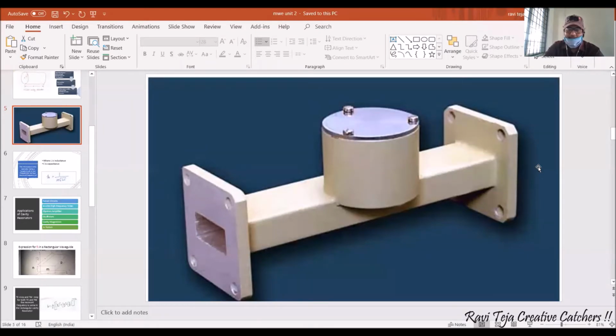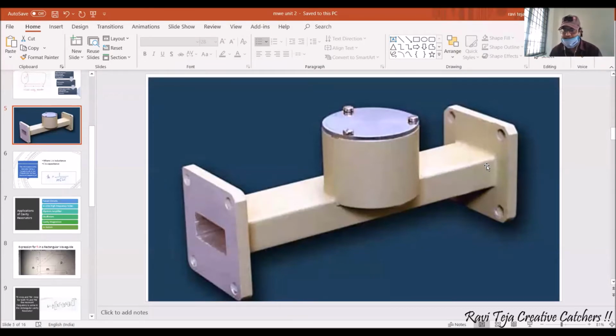Similarly, in microwave energy distribution also, whenever the microwave frequencies are greater, obviously we are going for waveguides. Those waveguides can be circular, rectangular, or elliptical. It depends on the application. Now let us assume there is a microwave energy source at one end of the waveguide, and it is transmitting from here to here. Let us assume our application is a bigger one, and we want our microwave signals to be distributed to several areas, places, or distribution lines.